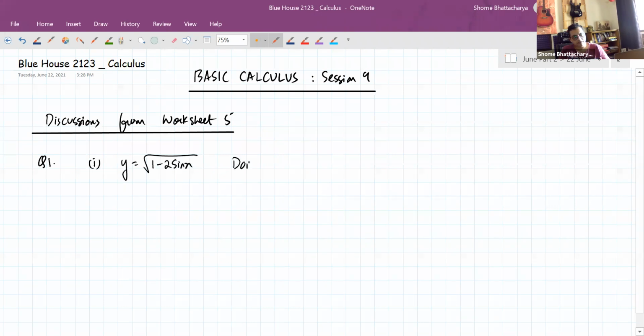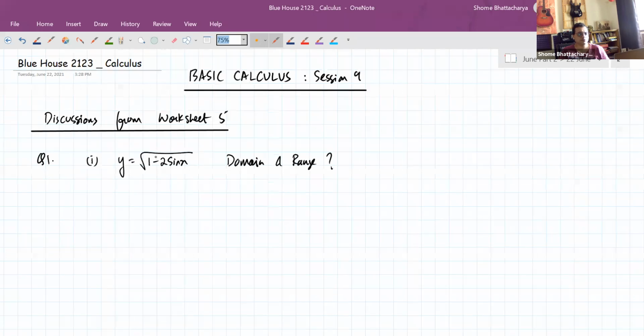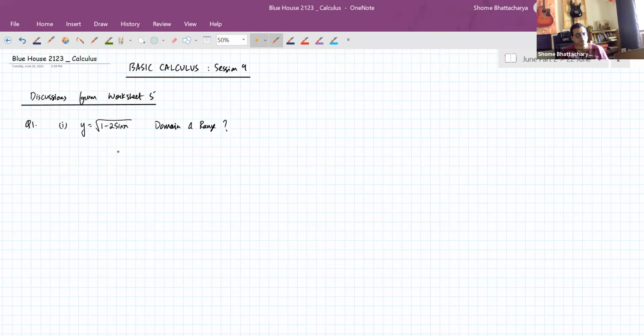You want to find the domain and range. So what I want to show you in such type of question is that you don't always have to use calculus and maxima and minima. For domain and range, we can go with a sort of logical method, especially in this type of question. So here, for example, for domain, what we can see is that y is real